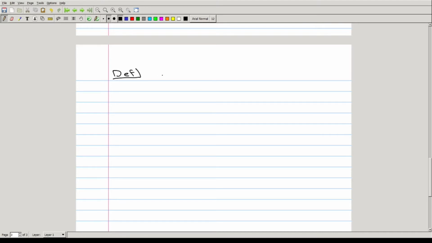So we say that a set of vectors v1 to vn in the vector space V